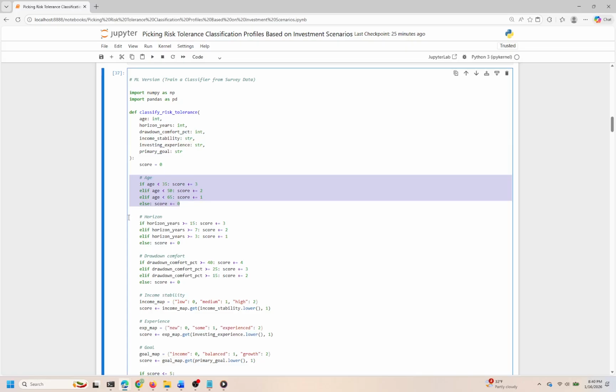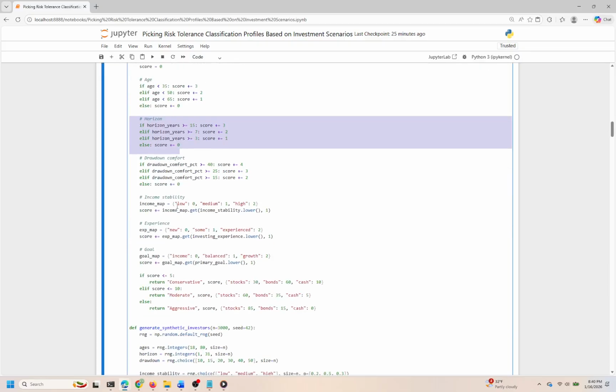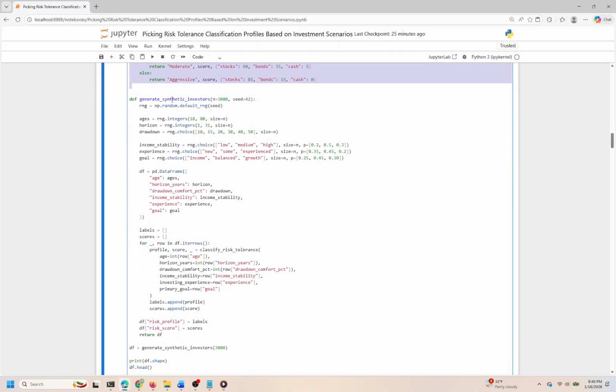Each profile is linked to a suggested asset allocation strategy, guiding users on how to distribute their investments among stocks, bonds, and cash. Next, we shift to the generation of synthetic investor data through the Generate Synthetic Investors function. Here we simulate investor profiles in bulk, producing a representative dataset that includes diverse ages, investment horizons, drawdown tolerances, and other relevant attributes. The function leverages random number generation to create variability within these parameters, ensuring broad coverage of potential